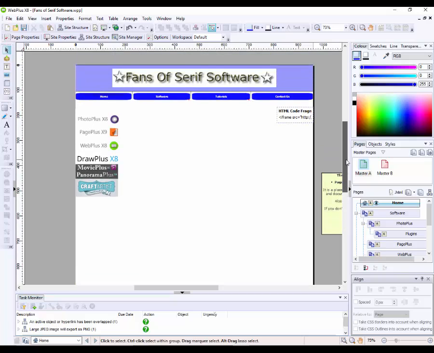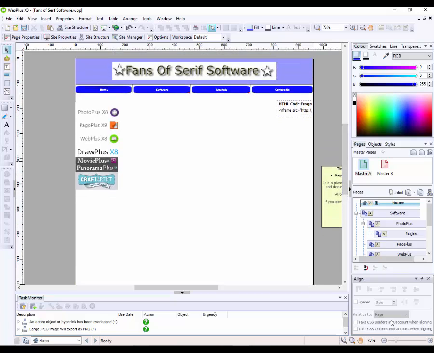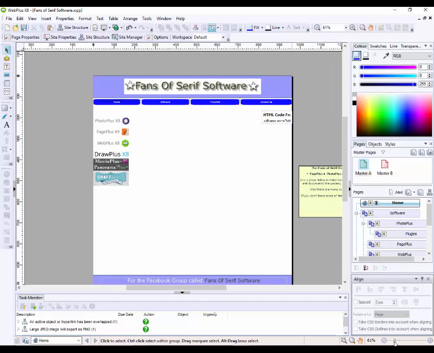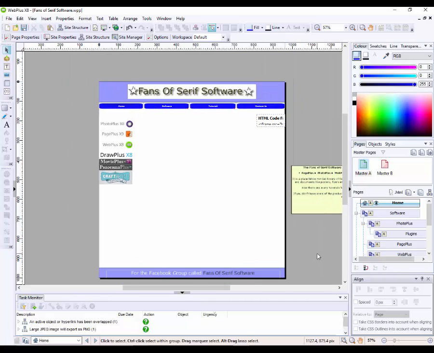Now, the next thing I want to discuss and look at is, let me just zoom out a bit here. In the previous video, I was asking whether anybody knew about extending the page beyond the left and right sides of the website, because when you look at it online, you get to the edge of here and then you've got a lot of white space down the sides which can't be used. Now I have sort of worked out how I can use that a little bit